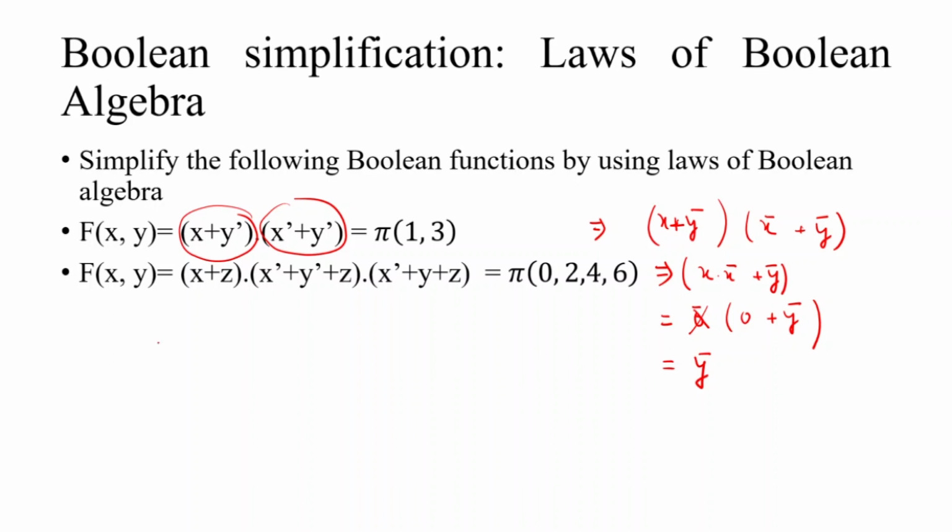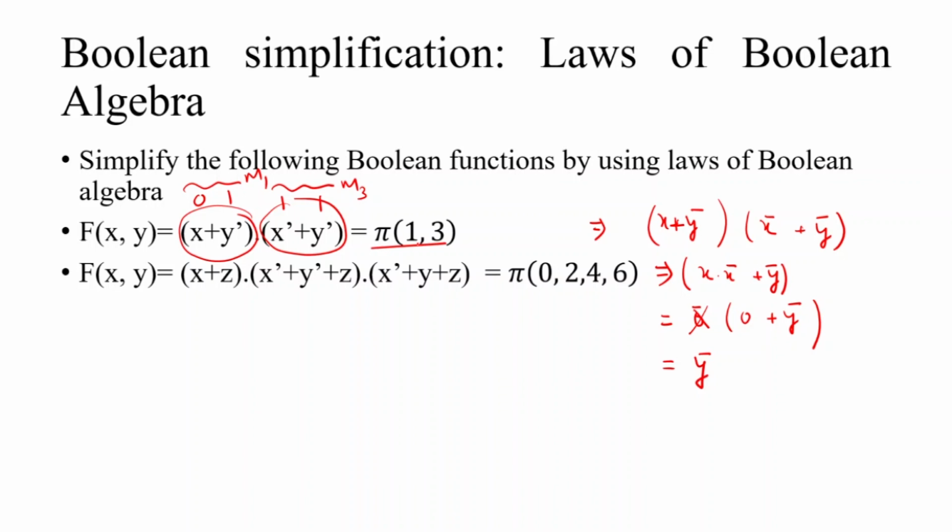Now let's make the truth table. When we write the max terms, this value is 0, this value is 1, this value is 1, this value is 1. So this term is max term M3, and this term is max term M1. This means in these two terms the output value is 0. This is also written as the product of maxterms, pi of 1, 3.